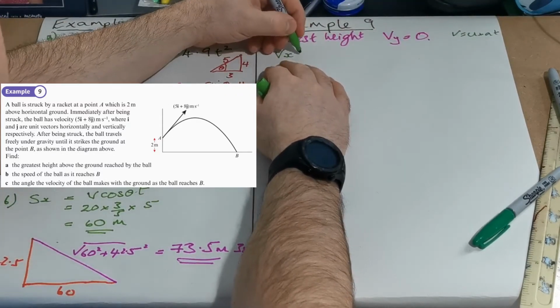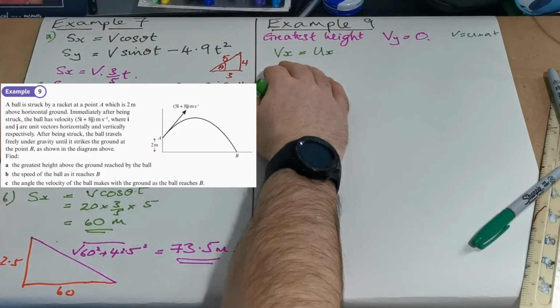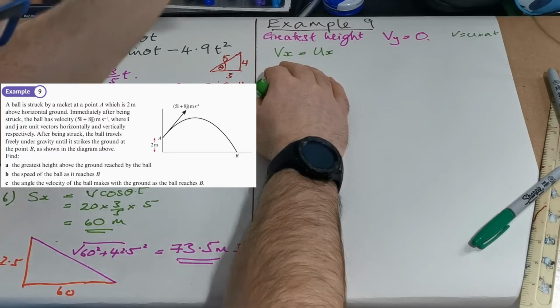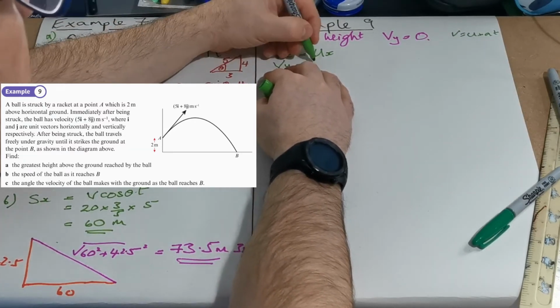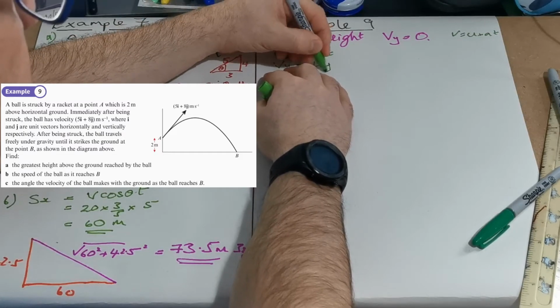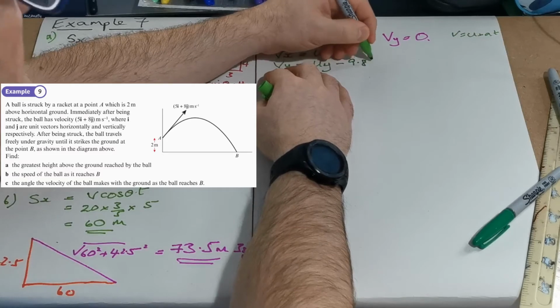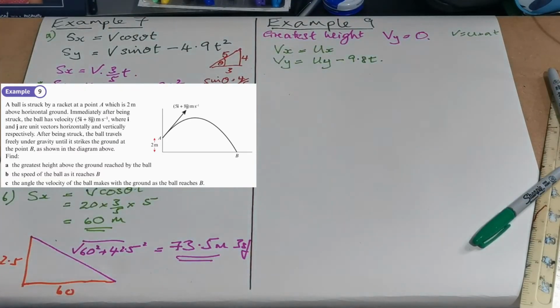So vx equals ux. No acceleration acting on it in that direction, so that stays the same. The velocity in the horizontal direction always stays the same. vy is equal to uy